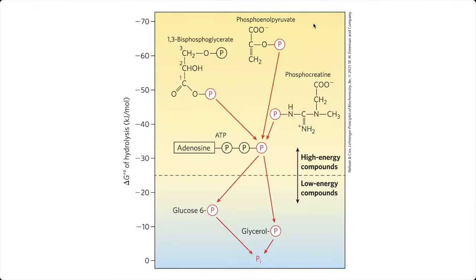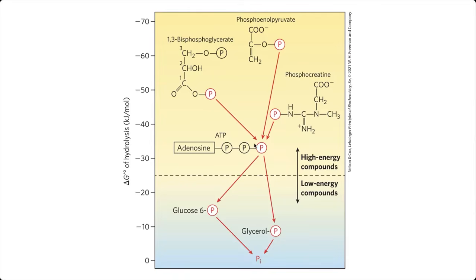And it's not just ATP that this applies to. We have other phosphorylated compounds that actually have a higher standard free energy of hydrolysis. Things like phosphoenolpyruvate. This is what I was talking about, that last step in glycolysis, that we actually need two enzymes to bypass, and we go through a different intermediate because it is so thermodynamically favorable to go in this direction of hydrolyzing the phosphoenolpyruvate. But rather than just hydrolyzing it, we're actually going to transfer that phosphate group onto ADP in order to give us ATP.